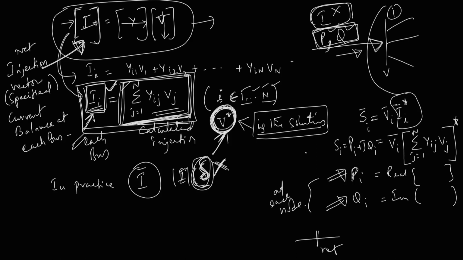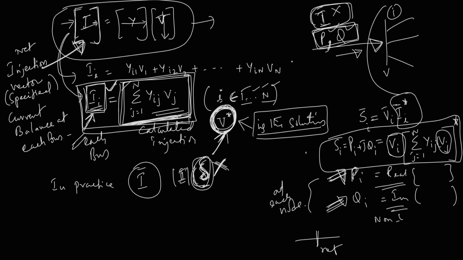Okay, now if you notice, let us come to these power balance equations later, but I want to say that because I cannot measure the current vectors, I am representing current in terms of power. So power can be measured, but if I want to check the power balance equation at each node, then this equation becomes a nonlinear equation because you have the product of voltage and voltage. So these power balance equations are nonlinear in nature,